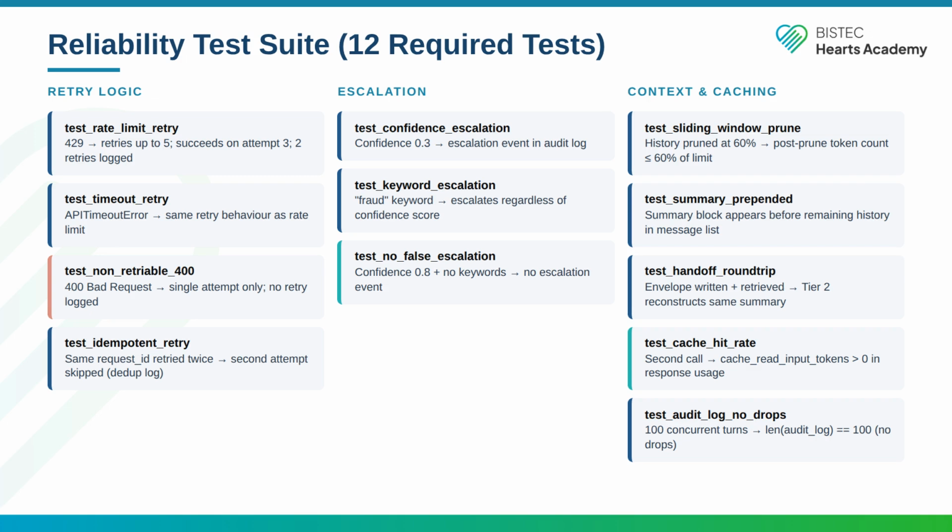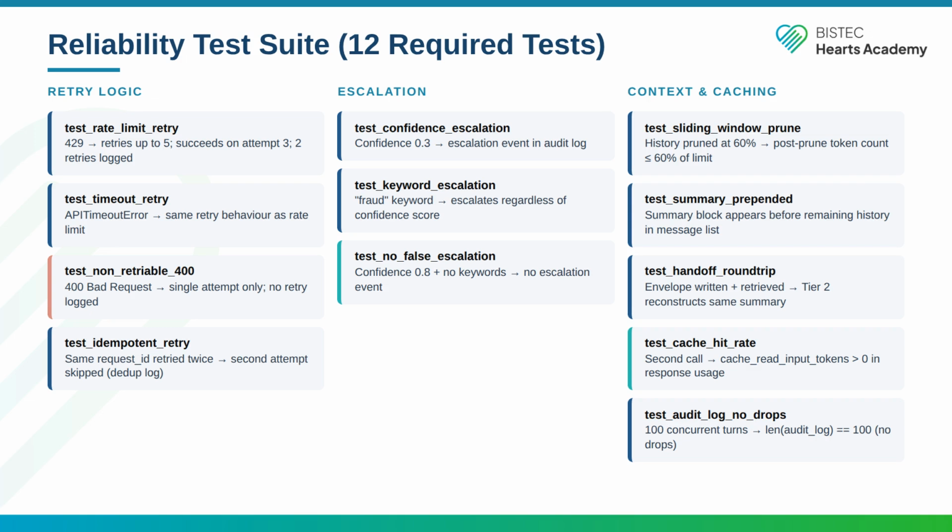Test sliding window prune verifies that after pruning, the token count is at or below 60% of the model limit. Test summary prepended checks that the summary block appears before the remaining history in the message list order. Test handoff round trip writes an envelope to the state store and verifies that tier 2 can retrieve and reconstruct